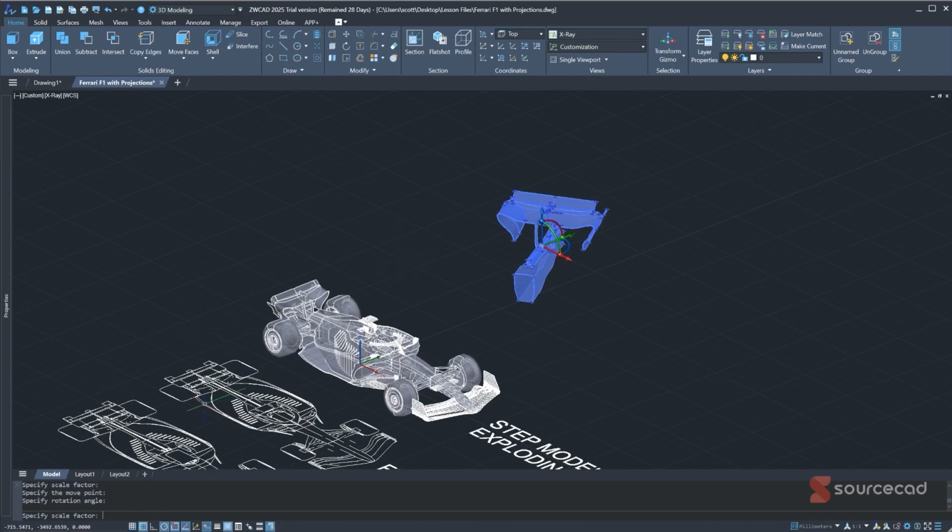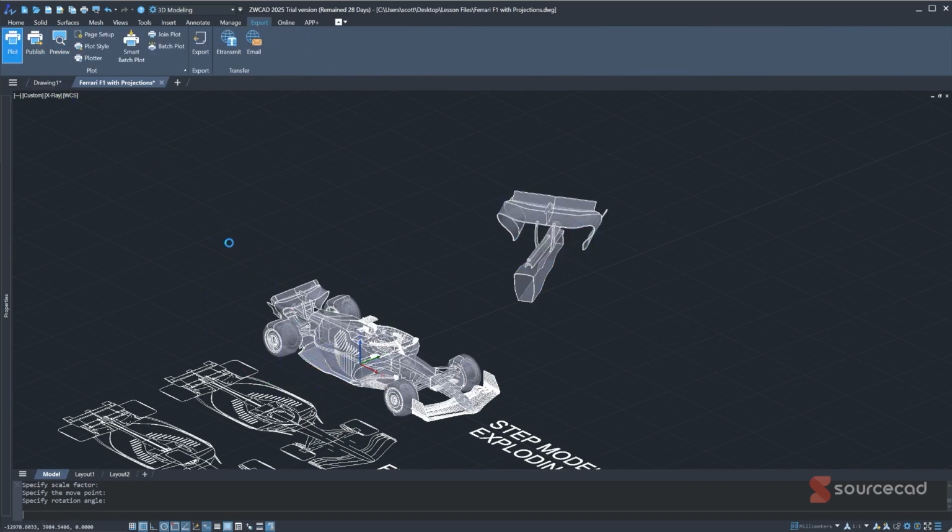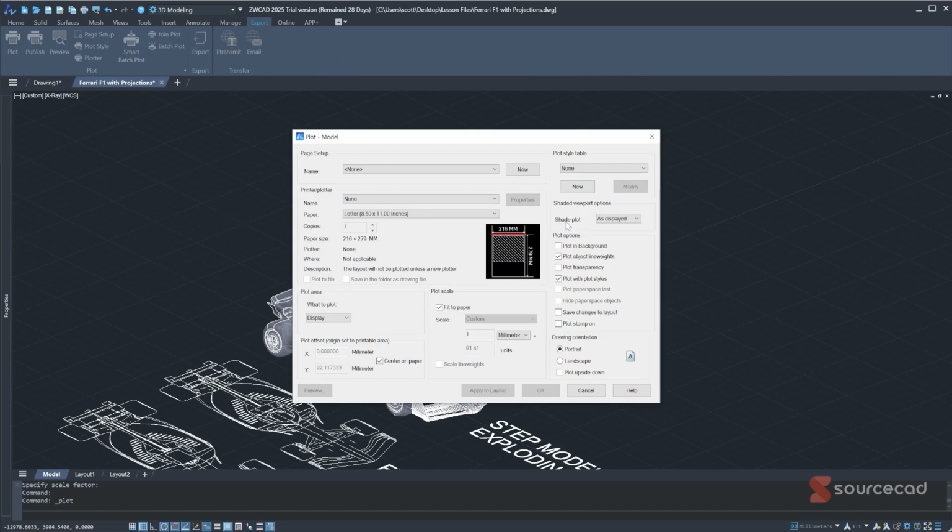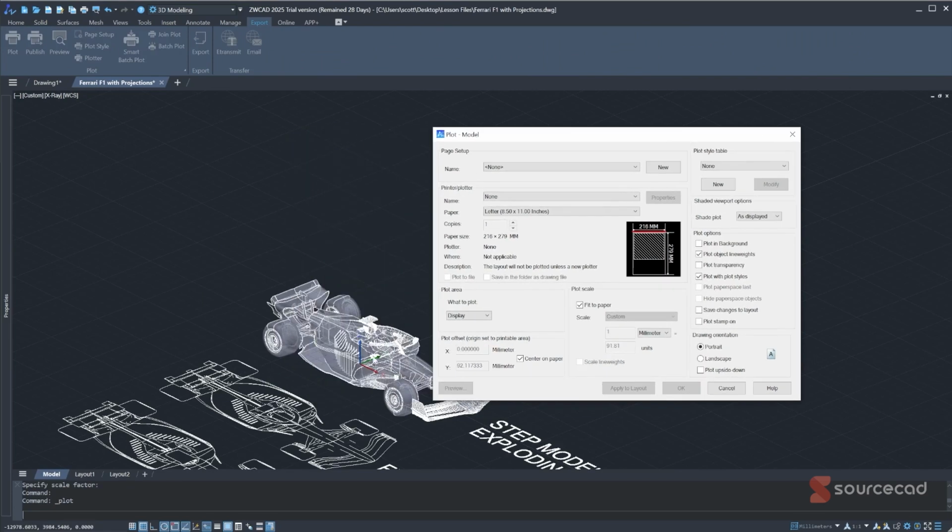Now, the shaded modes that we have here are not just for the viewport. You can actually plot using these modes. So if I go to export plot, these are shown right over here, shade plot. However you last left it would be how it would plot if this is chosen as displayed. Or you can more explicitly choose a certain mode from the menu,